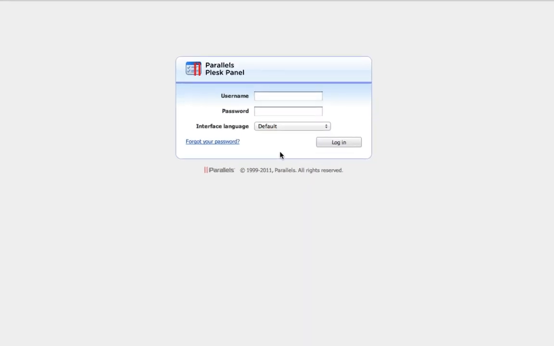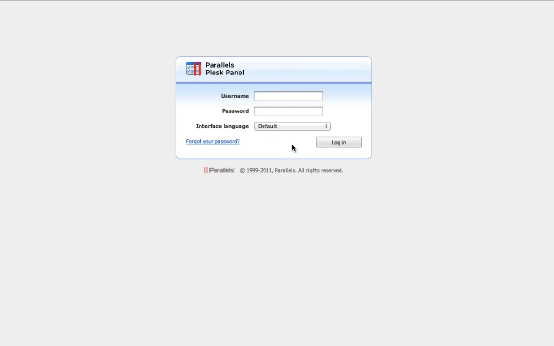This morning we're going to talk about SPF records and setting up an SPF record in Plesk 10. Now, an SPF record is a Sender Policy Framework, and essentially what it does is tell receiving servers whether or not this particular domain that is sending an email is allowed to send it or not. It's a DNS record that describes the mail servers that are allowed to send email